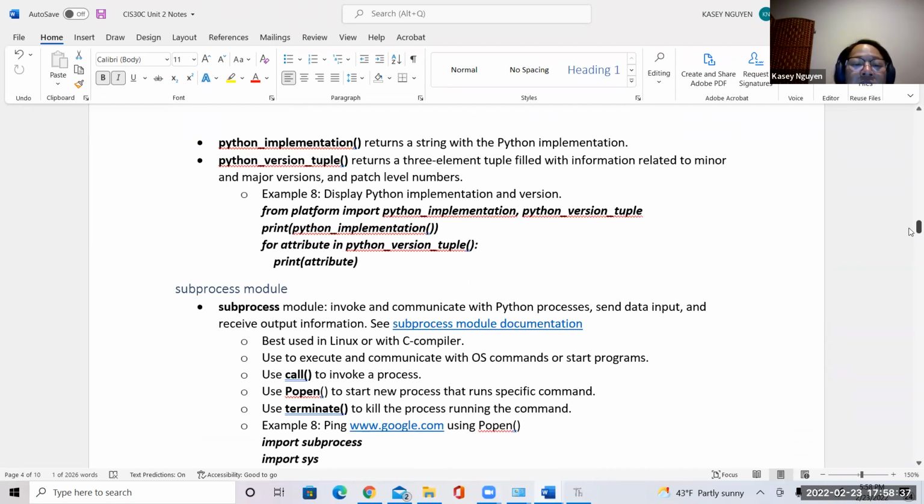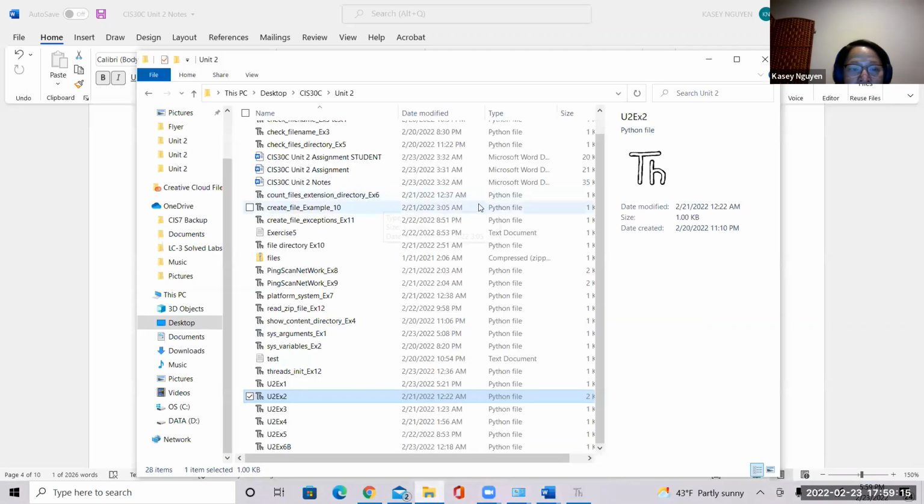You can also use this to display more information about your Python version. The output of this is slightly different than what you've seen in the last module, where it would return in a specific way. Here it talks about the string return for the implementation method. And then the version tuple is going to give you 3 elements, which are your major version, minor version, and the patch level for that package. And so in example 8,